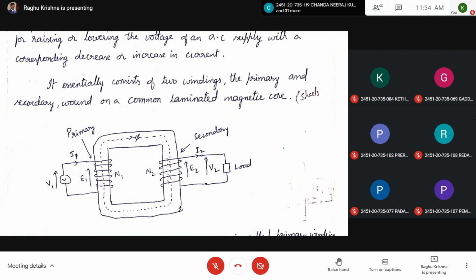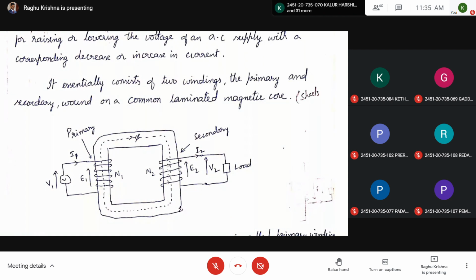So here, why the core is made up of laminations means in order to reduce the eddy current losses. That I am going to explain in detail. So here the core is made up of laminations. So here laminated magnetic core. You can see you have a magnetic core which is made up of laminations. Next,